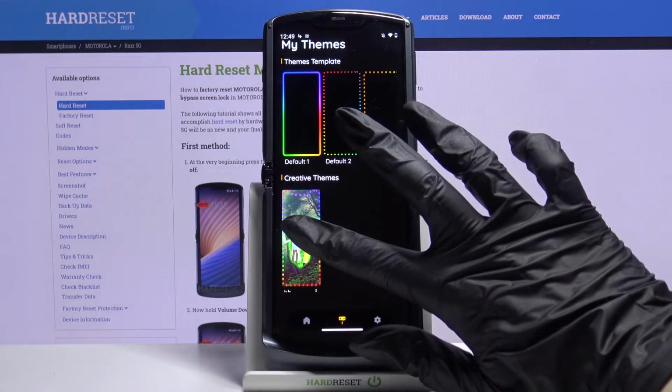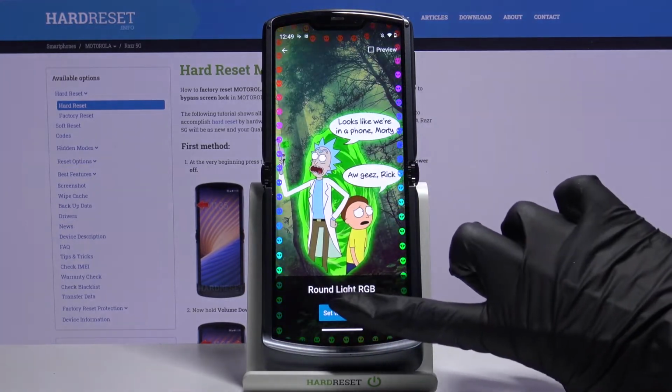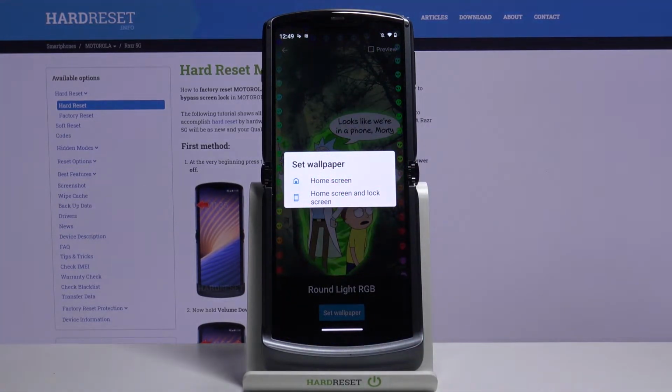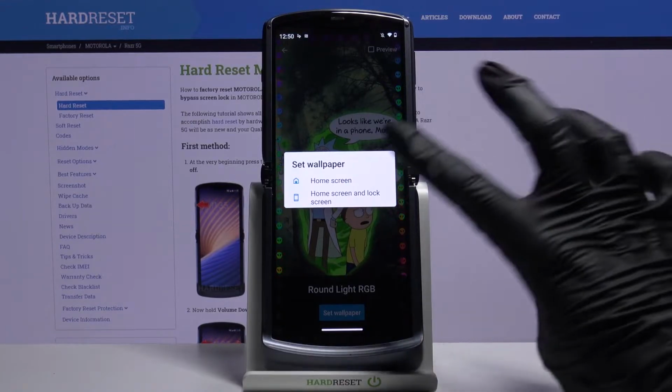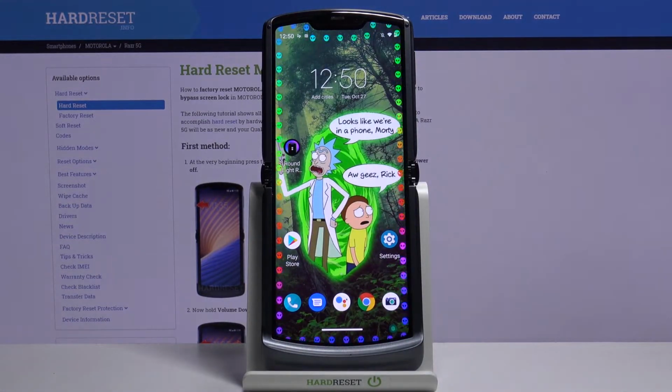Now tap on the theme that you created and choose Enable Wallpaper. Set wallpaper and pick if you want it to be on home screen or home screen and lock screen by tapping on one of these options. Now when I go back, I can see that my edges were successfully applied, but if you want to see